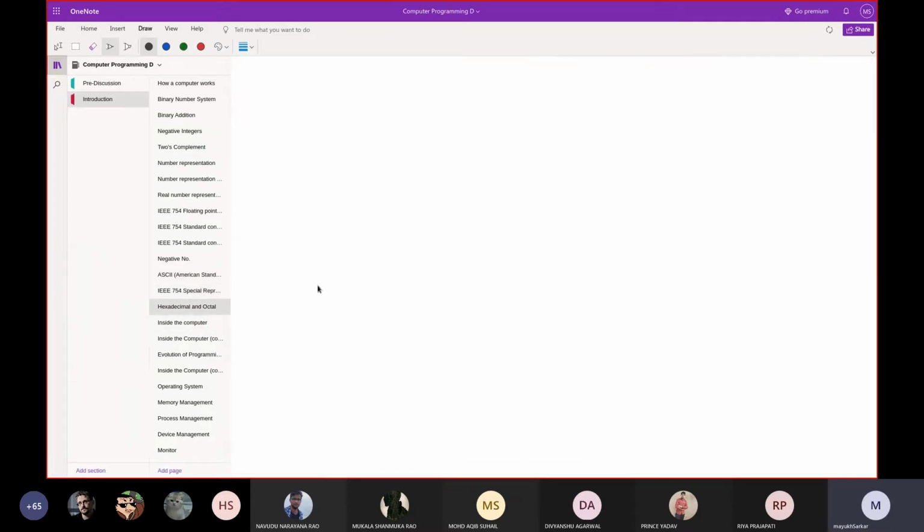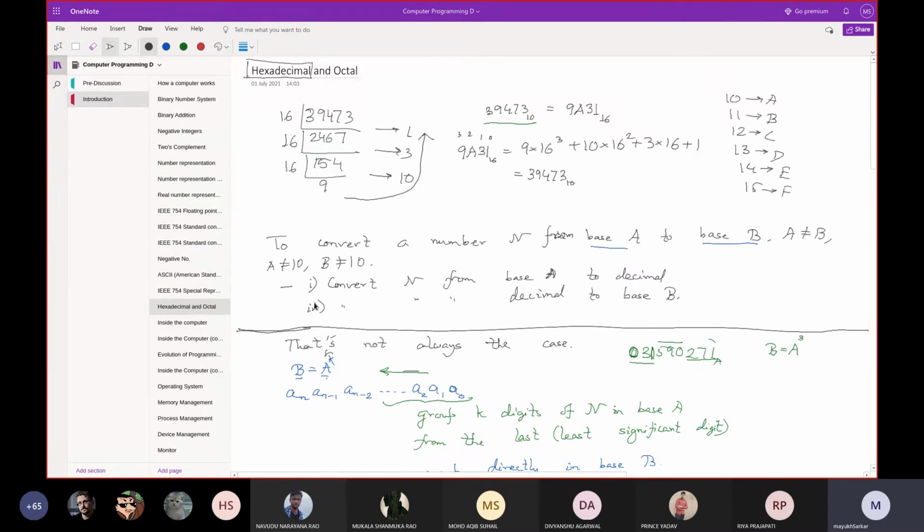Then after binary, you have seen here about the two more common representations of numbers, hexadecimal and octal. Among them, hexadecimal is the most commonly used to represent huge binary numbers. In fact, you have some huge binary numbers like 64-bit binary number or 128-bit binary numbers.